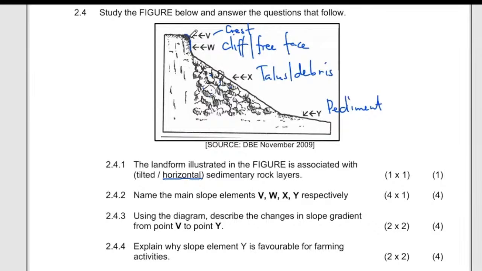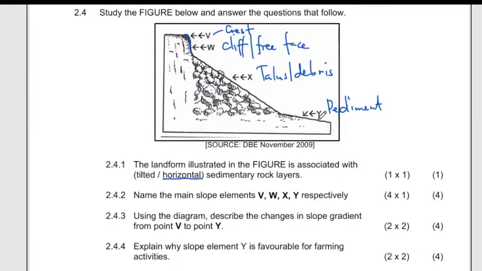This upper bended part is the crest. Then the vertical one is the cliff. Then this slope where there's accumulation of weathered material from the top is called the talus or the debris. Then the pediment is the lowest part of our slope. Right. Then we move on to question number